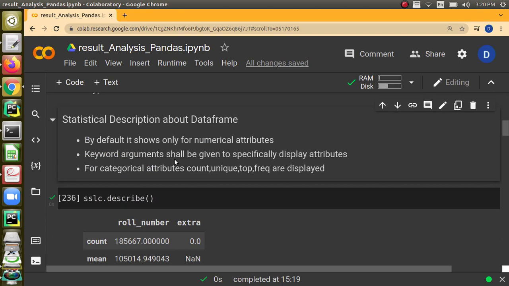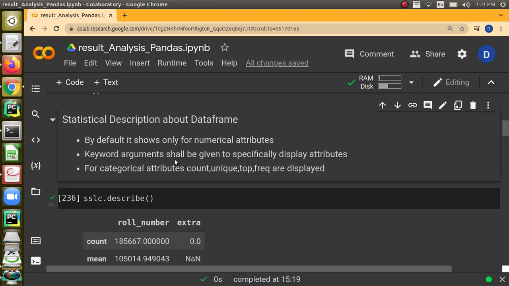Before that, we will see one more thing, that is the statistical description of the data frame, right? What is meant by statistical description is, it will give a few statistical measures for each of the columns in the data frame. So we can have basically at least 2 types of columns. One is numerical, the other one is non-numerical. That is, it can be categorical, or it can be very different, where all the values are different.